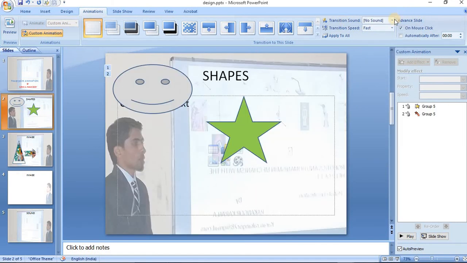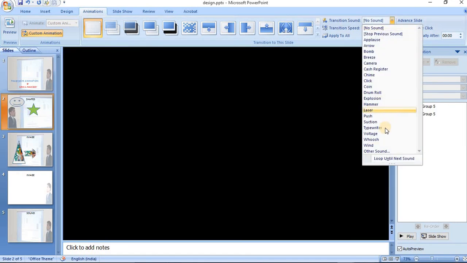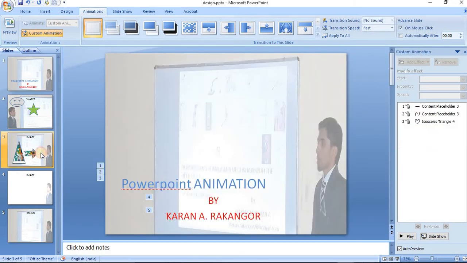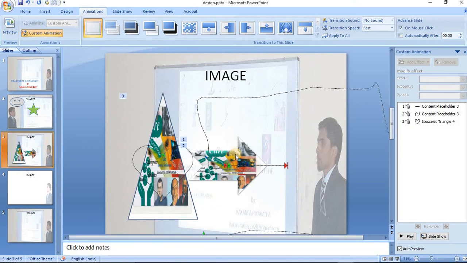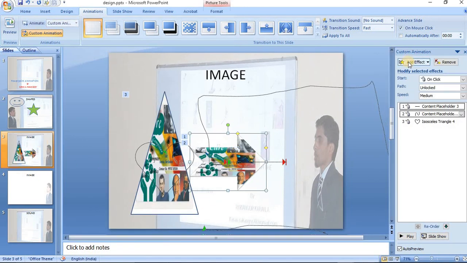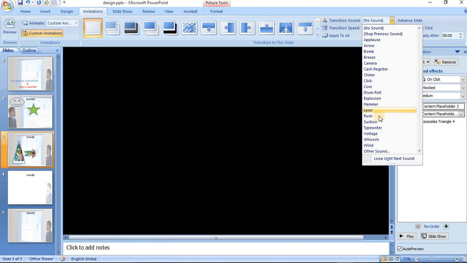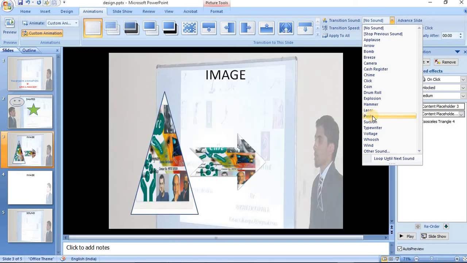See, like this way you can add the sound into your slide and you can make your animation more interesting. So everybody will pay attention to your animation as well as whatever sound you have added. It will make it more interesting.